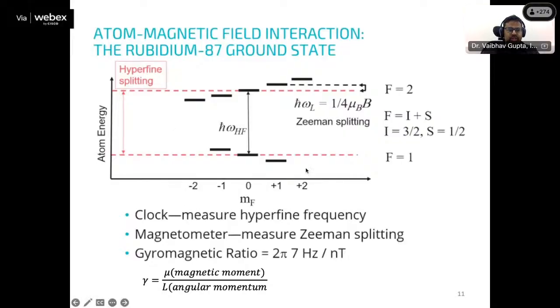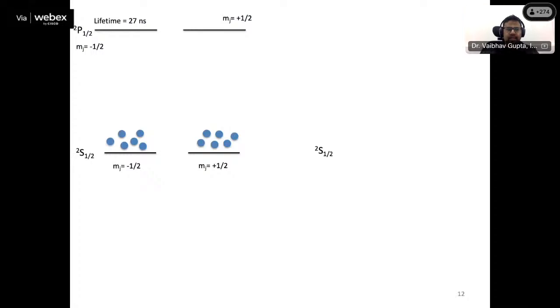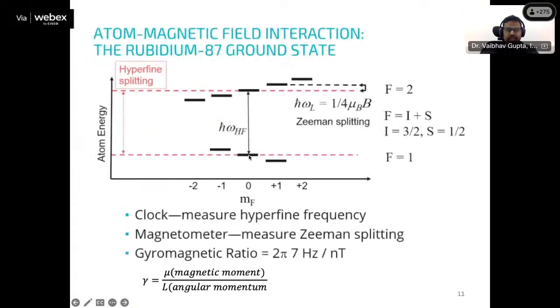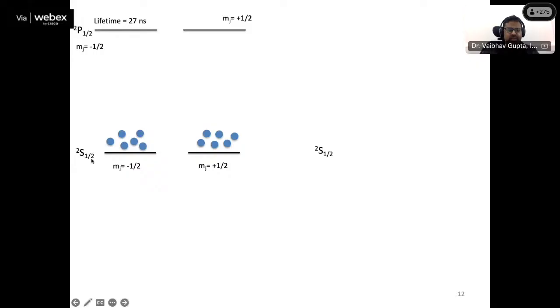So I hope up to here it is clear. This is all about the ground state of rubidium-87. We have somehow understood the basics of the ground state of the rubidium atom and the Zeeman splitting of that. Now suppose I take this ground level, which is 2s half. Remember, this is 2s half. And I take this level 2s half,